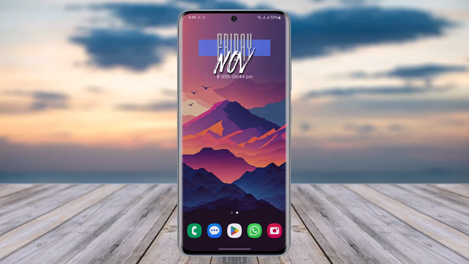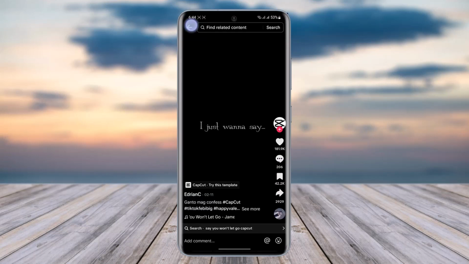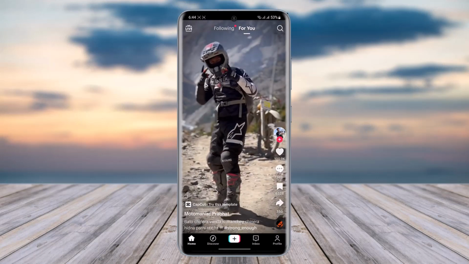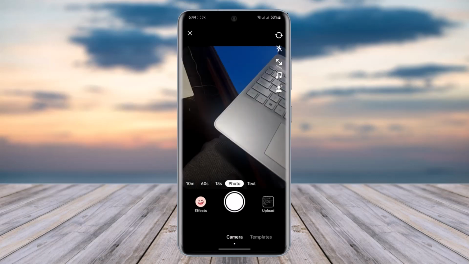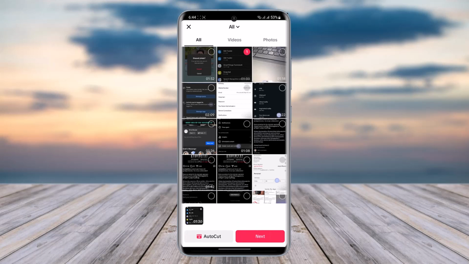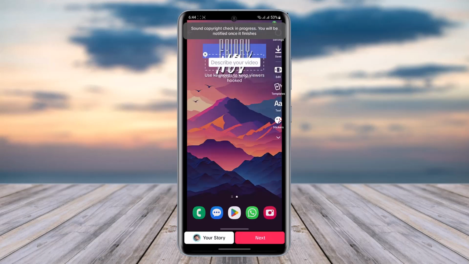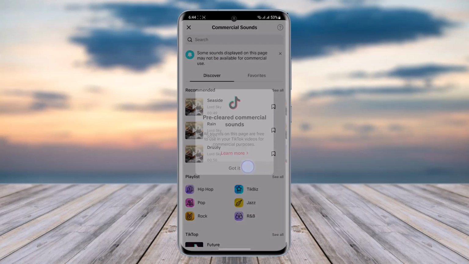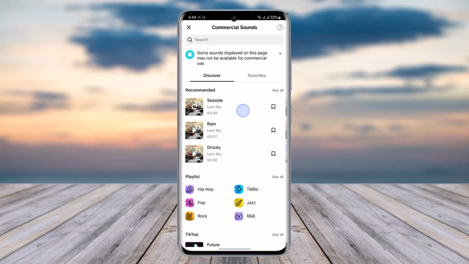For the matter, first access your TikTok app, and then afterwards what you're gonna do is simply tap on this plus icon given over here, and upload a video from your phone and tap on next. And now here in this section you can see this add sound option, right? First of all, you're gonna come over here and choose a sound for yourself, and then confirm it,